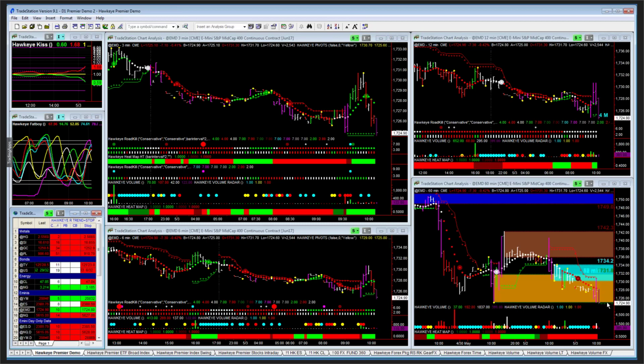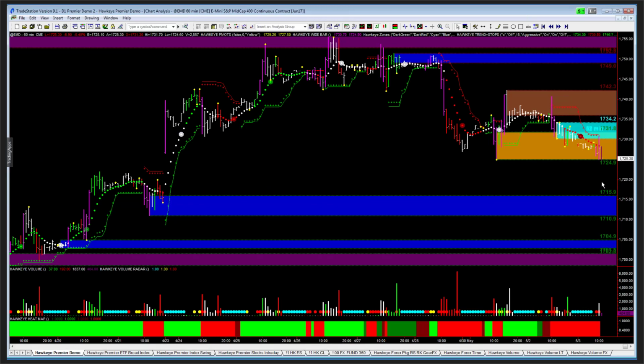So we can see from our zones that we are punching through the low side of this zone. Punching through that zone is going to take the support away and put us into a new potential range. You can see there's a lot of black air right there, a lot of clear space down to 1715. So a punch through of this, which it is doing right now, will give us a downside target of about 1715.90 on this longer term.